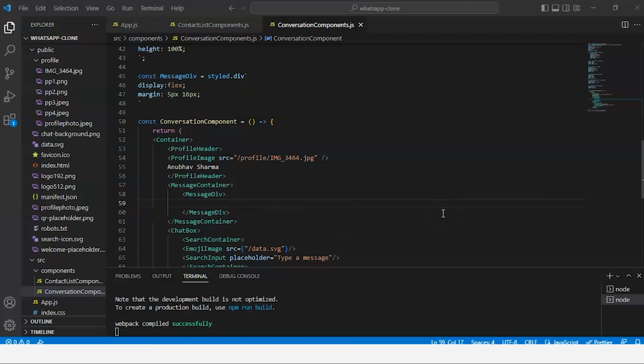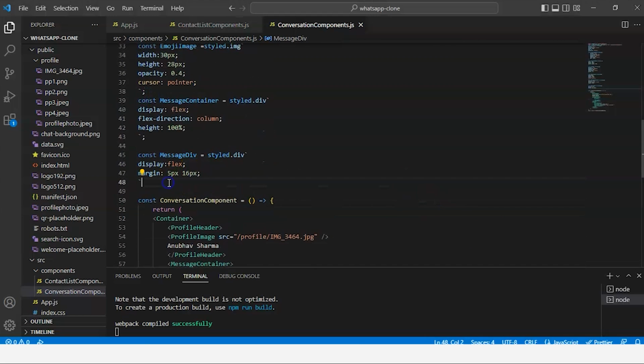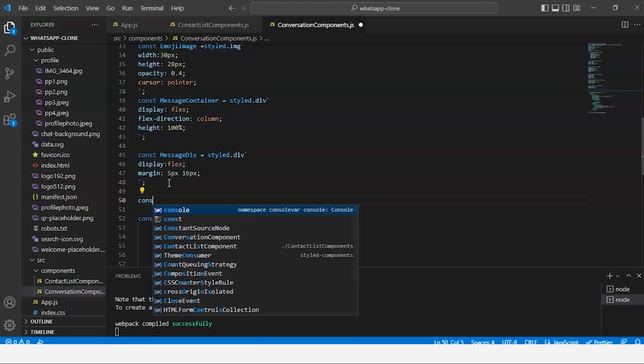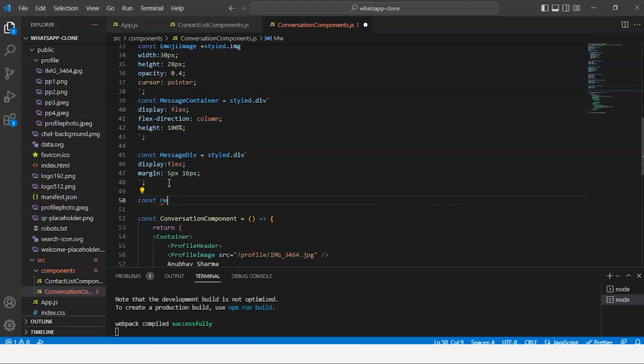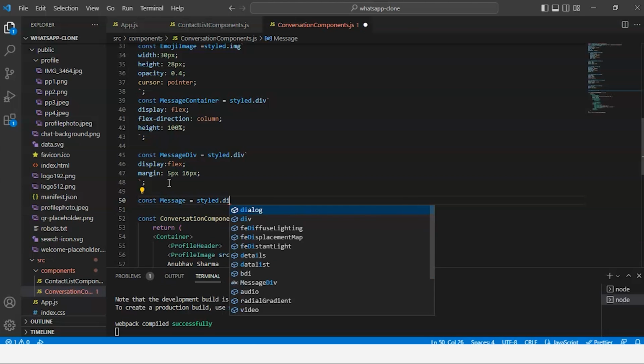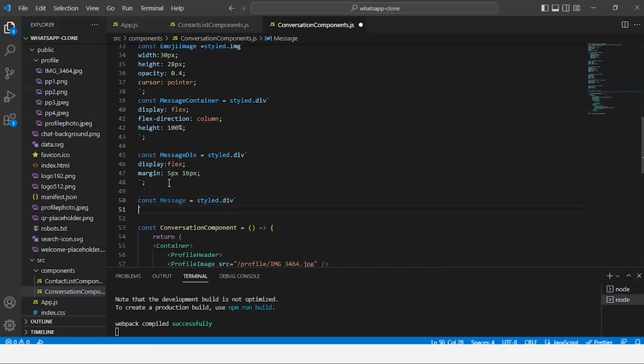Going back to the code, I'm gonna add the chat components here. Okay, so after this one ends, I'm gonna create another const message inside this styled dot div, max width 50 pixels, or let's write percent,